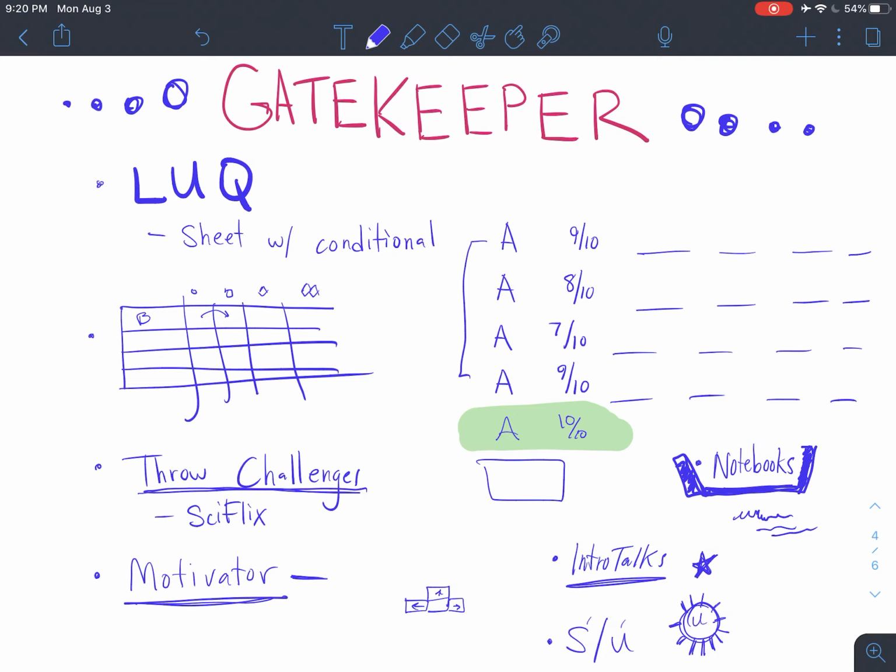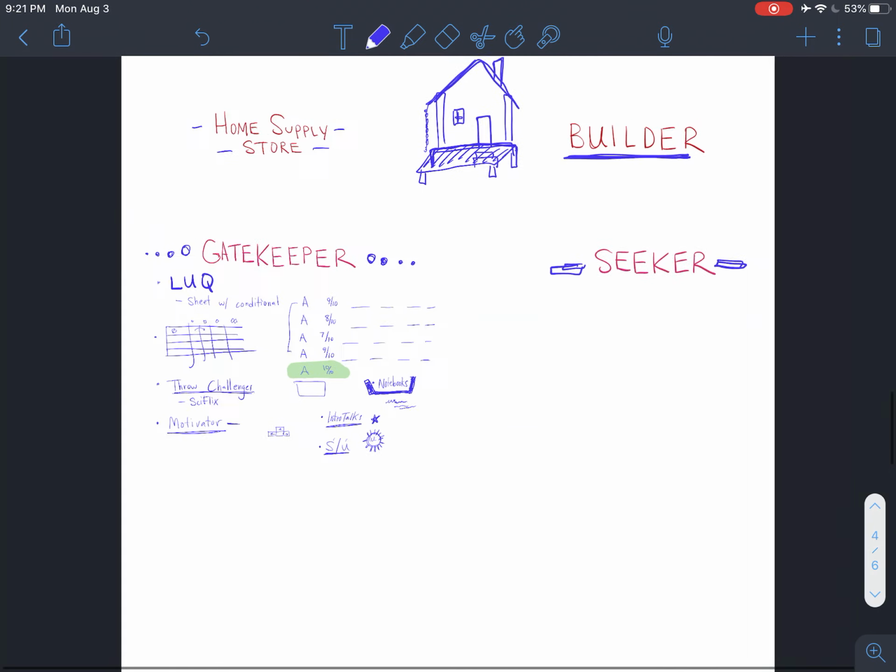So it's really a way that you can monitor and provide a really easy way for students to know whether or not they need to revise their work. Is this S or the U? And you can ask them to continue to revise an unlimited number of times with the way that the assignments are set up, which allows you to, again, be a gatekeeper to make sure that students are meeting the expectations.